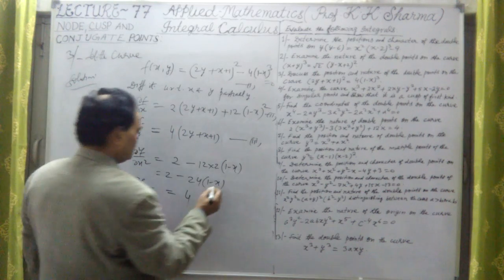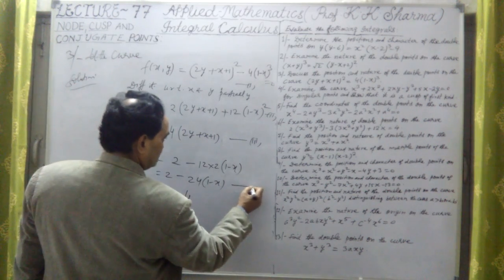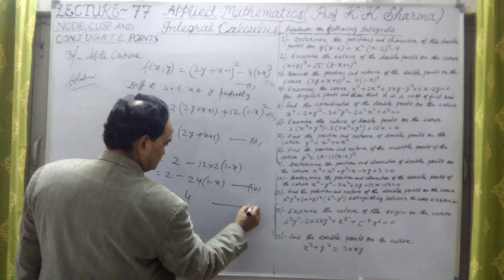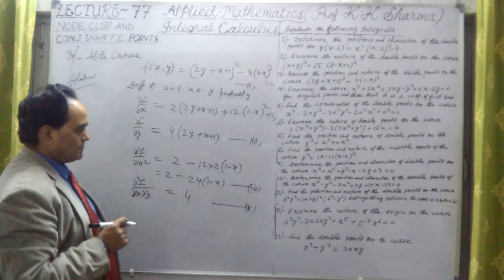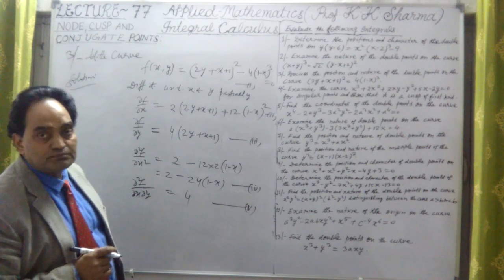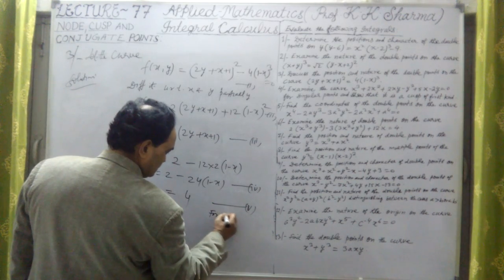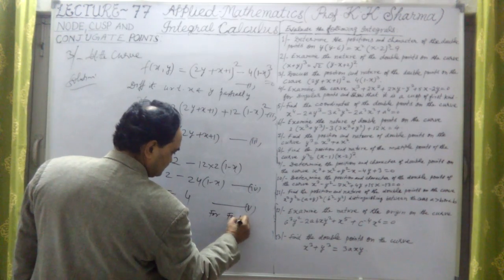Okay. This is your question number. Let me take, this is the fourth one. This is the fifth one. Now, let us find out the points, the double point. For double point, for finding the double point,